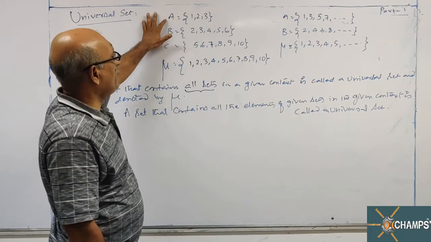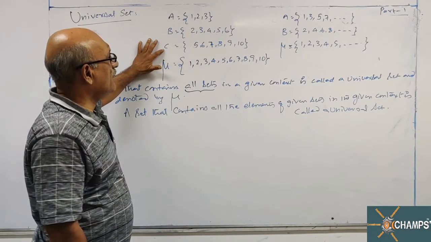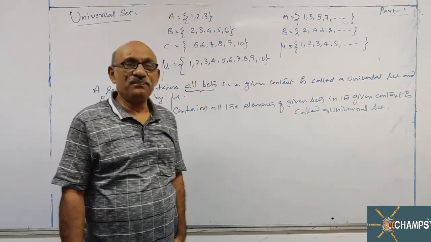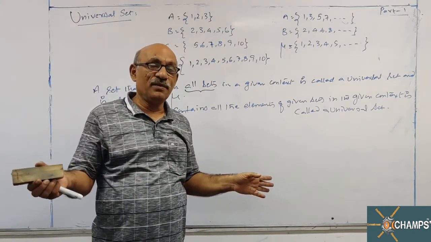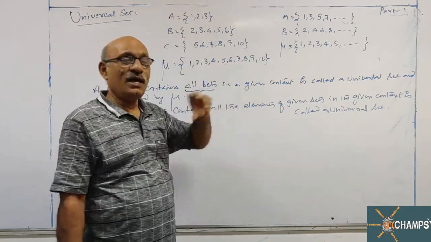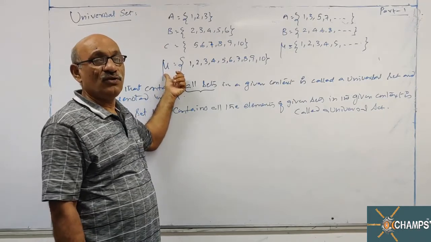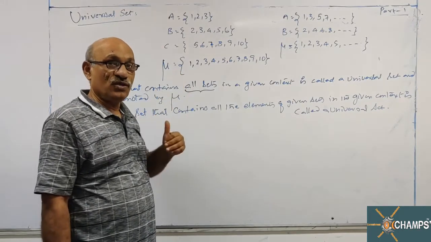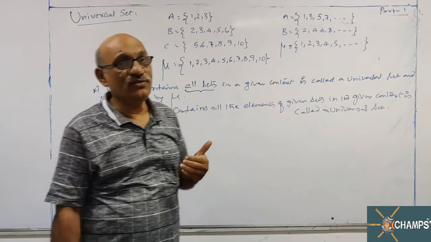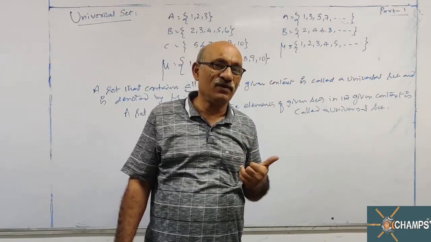Set A has 3 elements, set B has 5 elements, set C has 6 elements. Repetition is eliminated, and when I represent the remaining elements, I get one more set. That set is denoted by the universal set. This way, looking at a set means you must always look at the set from its elements' point of view.